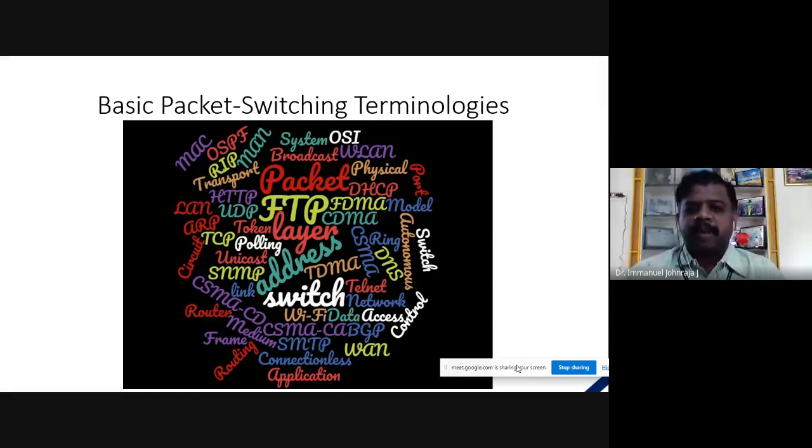circuit switch network, packet switch network, Wi-Fi, data link layer, router, medium access control, SMTP, BGP, wide area network, connection oriented communication, connectionless, reliability, application layer, framing, Ethernet, token ring, IEEE 802.3, 802.5, 802.11, routing, switching, routing table, all right, a lot more, right? So these all are the basic terminologies which we need to know before getting into our